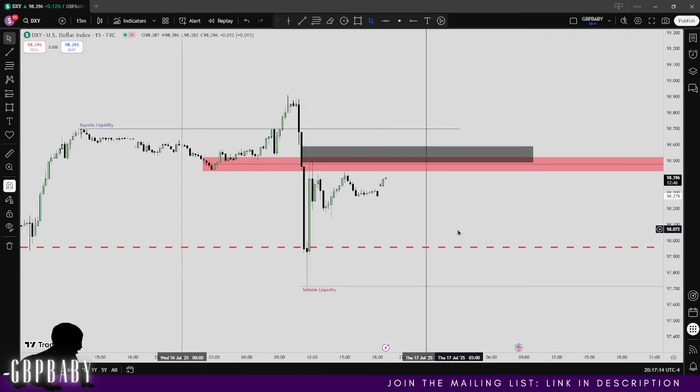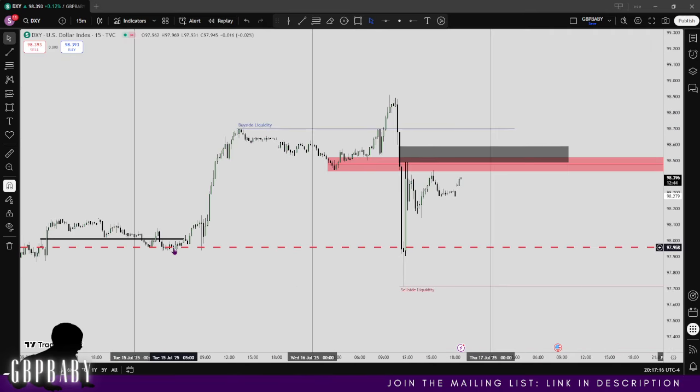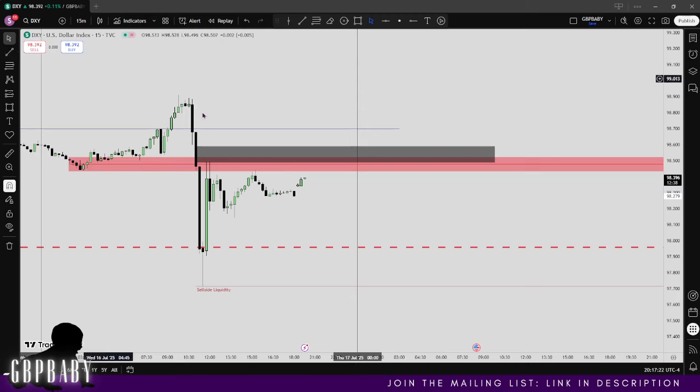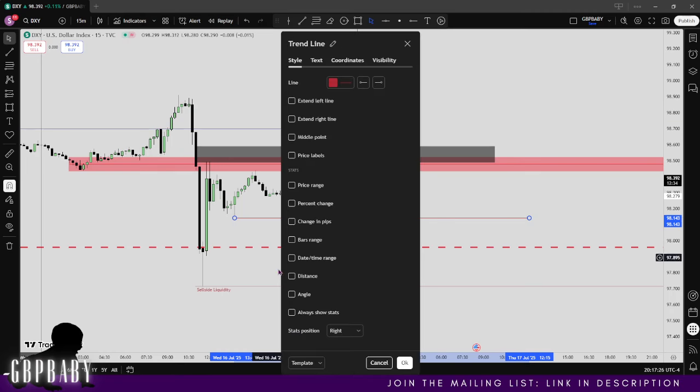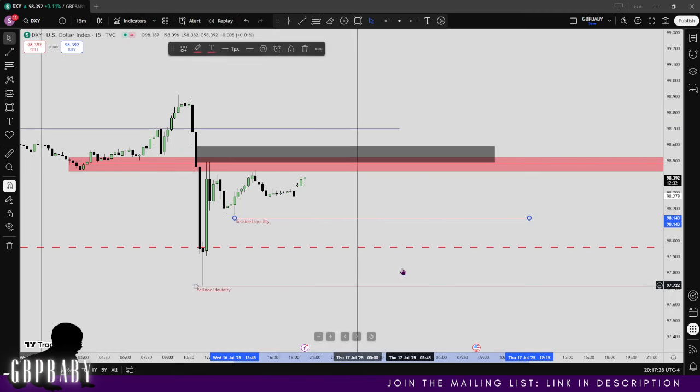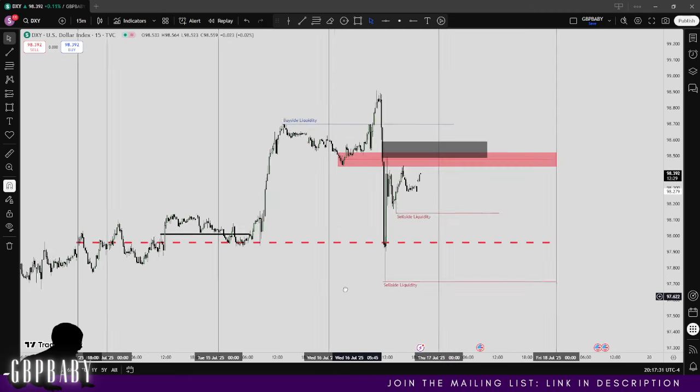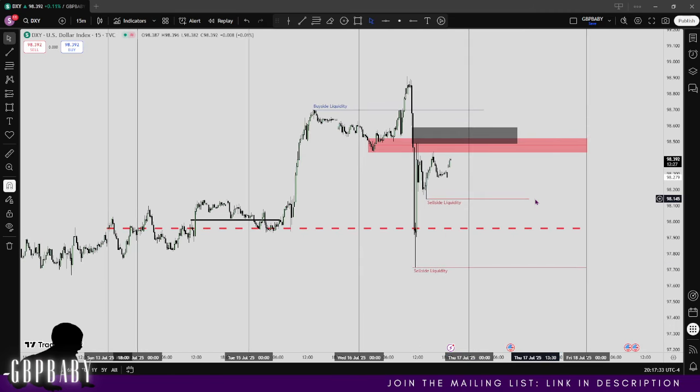Now, don't get me wrong, we may not hit that Sunday opening price tomorrow, and we may not hit it on Friday. But this is just my draw as to where I want to see price draw towards. To be honest, I'd be happy for us trading, creating a high there, and then looking at this low right here, which has just been left. So this would be enough for me. I'd also be happy with that. So when I make these targets, it's not that price has to go there tomorrow and I want to trade it and hold on to it. It's a matter of this being a draw